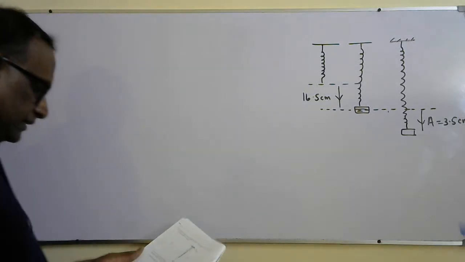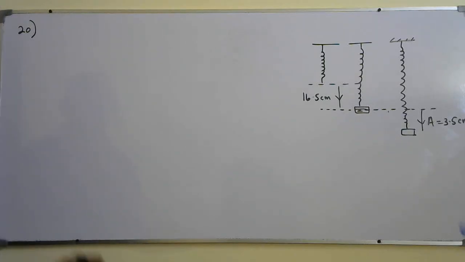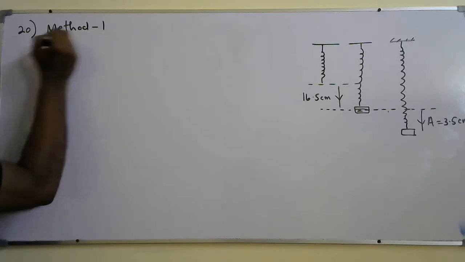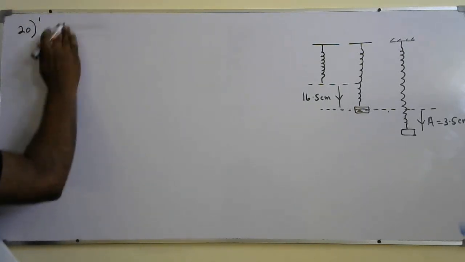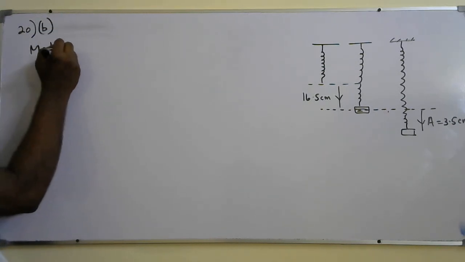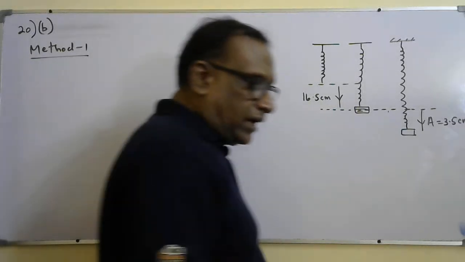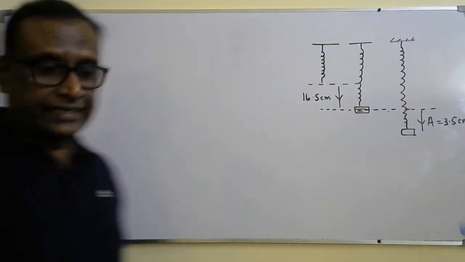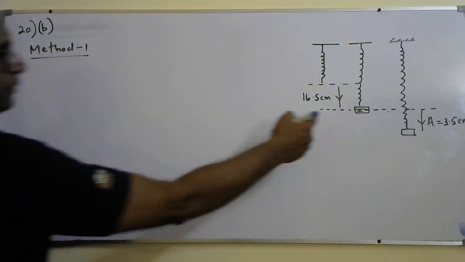Okay, so first part, they asked me to calculate the maximum kinetic energy. We can do it in two different methods. So method one, I'll do. The mark scheme is giving only one method. I'll do the first method, question number 20, B part. The second method is not given in the mark scheme, I think, but you can do the second method. It's a correct one. So method one, I can say at equilibrium position,